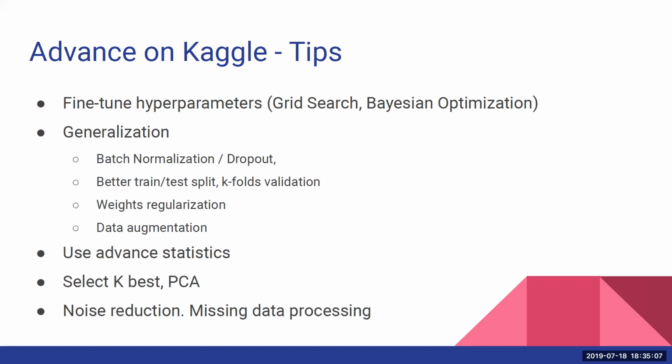A couple of things for generalization. You basically want your model to be as generalized as possible, so you can play a little bit with your models: do data augmentation, play with the regularization, apply batch normalization and dropout if it's about neural networks sometimes, why not? Maybe you can try a better train and test split. In this case, you may see a slightly different score, and sometimes it reflects very well on the public leaderboard.